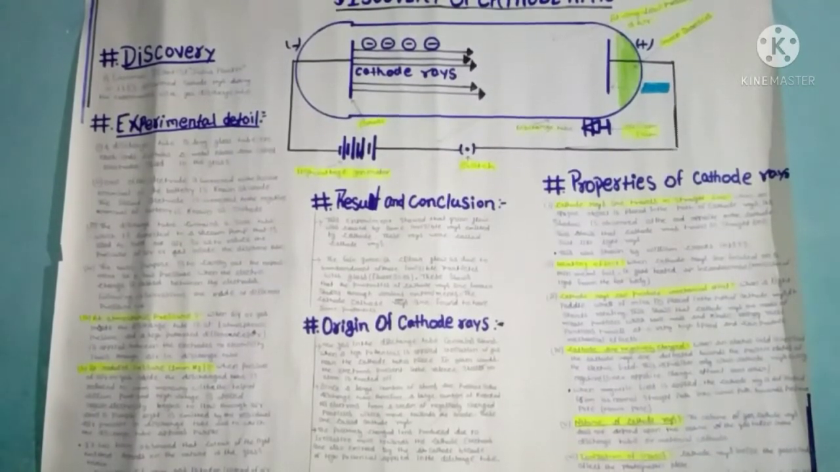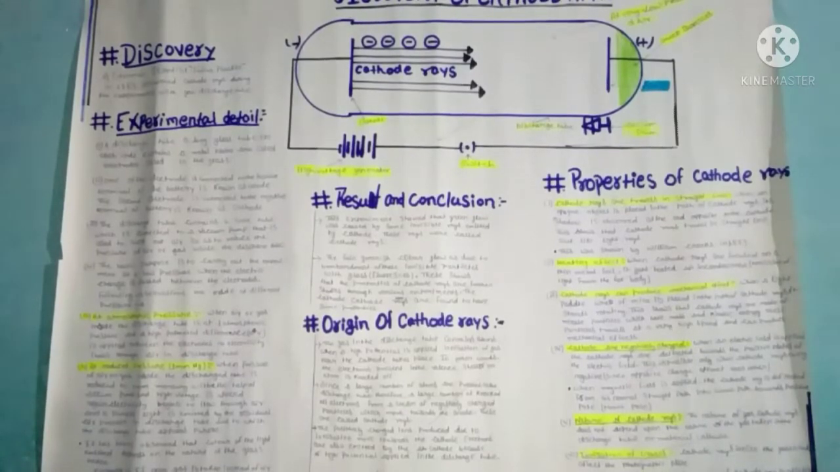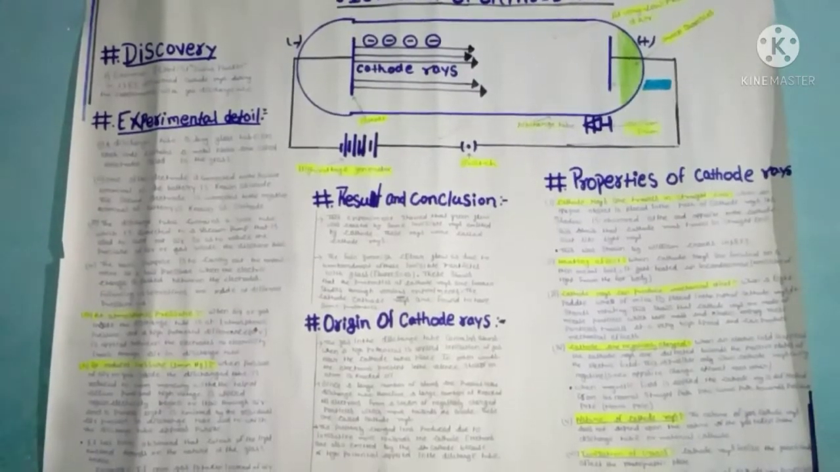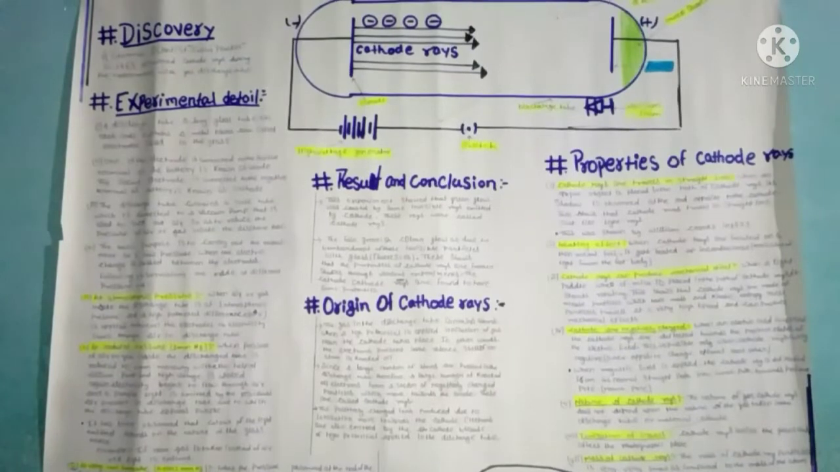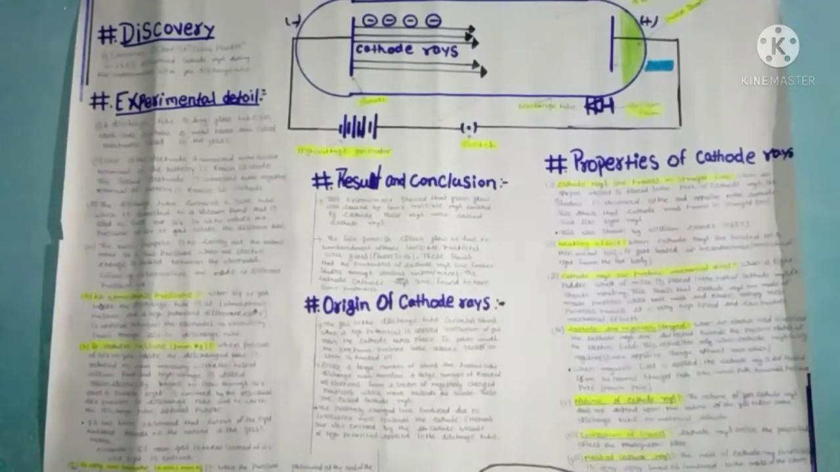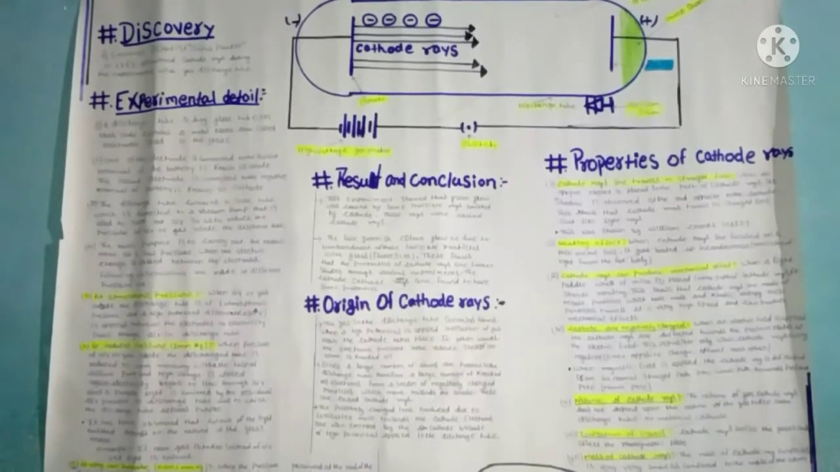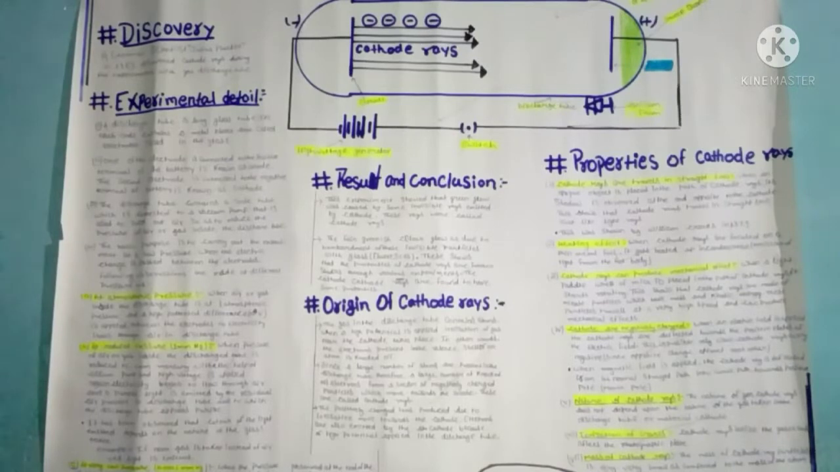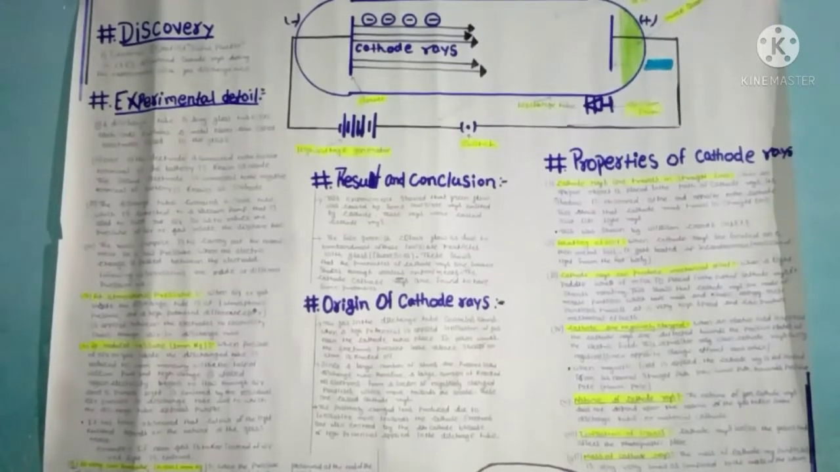Now, the discharge tube contains a side tube which is connected with a vacuum pump that is used to suck out air so as to reduce the pressure of air or gas inside the discharge tube. The basic purpose is to carry out the experiment at a low pressure when the electric charge is passed between